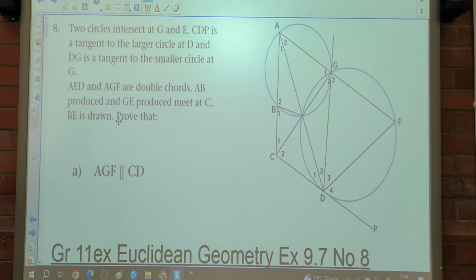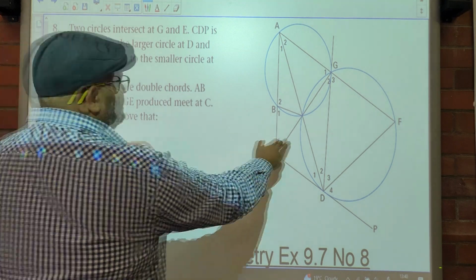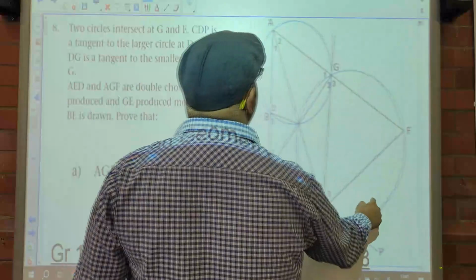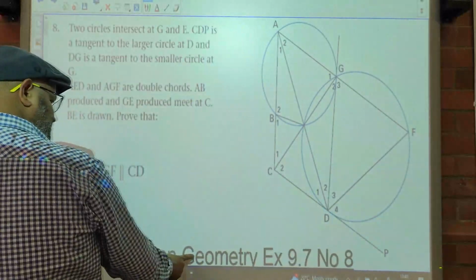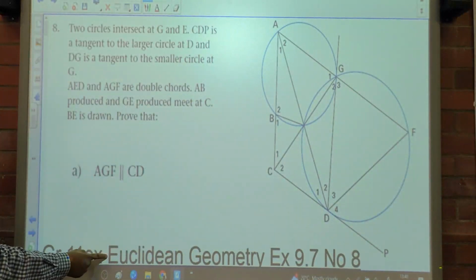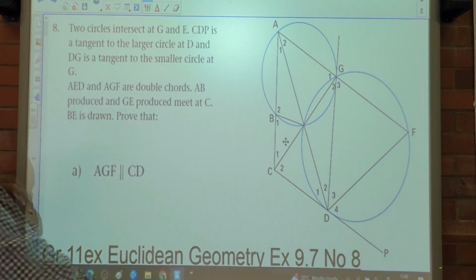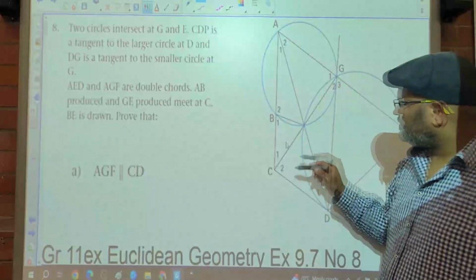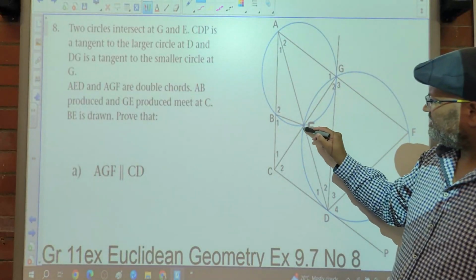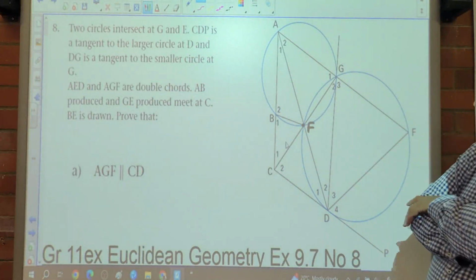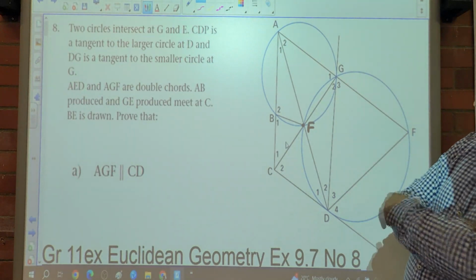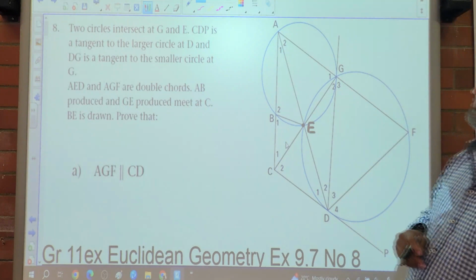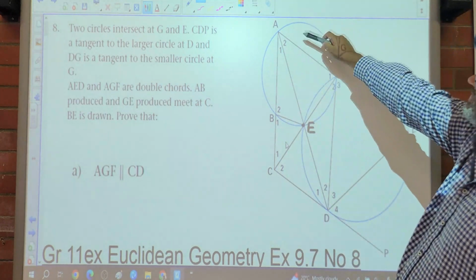We are told two circles intersect at G and F. So there's no F here. Is there F in your textbook? Yes, okay. Sorry, E. Was there E in your textbook? Yes. Okay, nice. Now we are told that CD